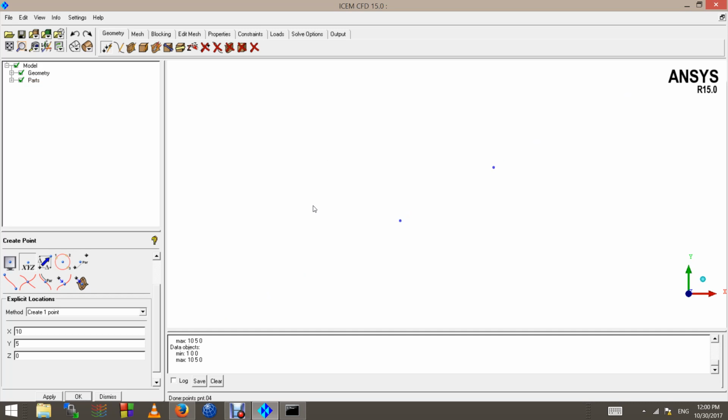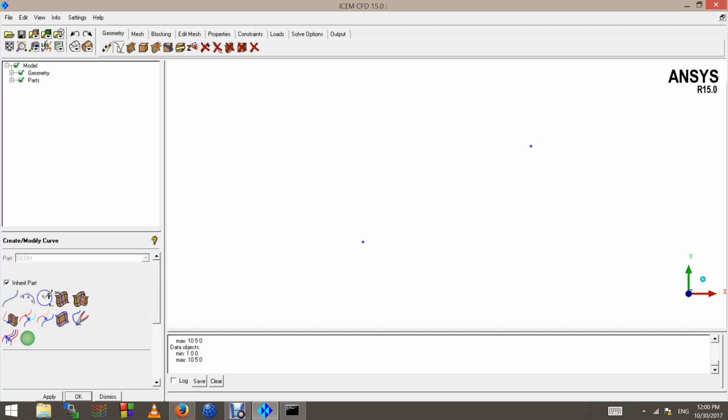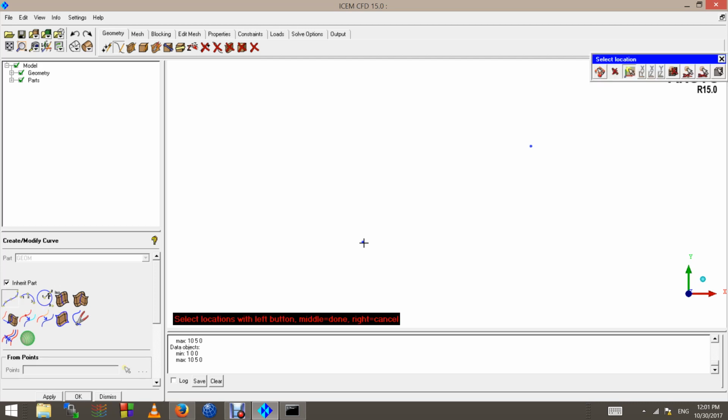and if you zoom out using the scroll button, you can see the 2 points that we just made. And that's the main two things you'll be using to make points. We are more interested in making curves, which is the second button here. Now that I made these 2 points, I can just click from points, make a curve from points, and just left click this point, and left click this point, and then middle button on the mouse,